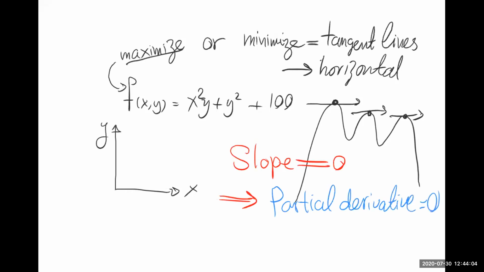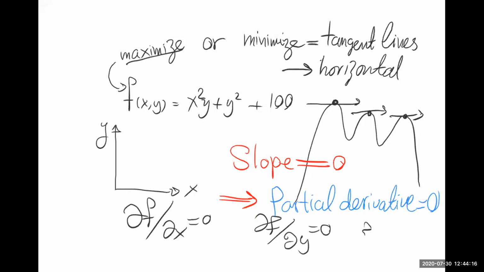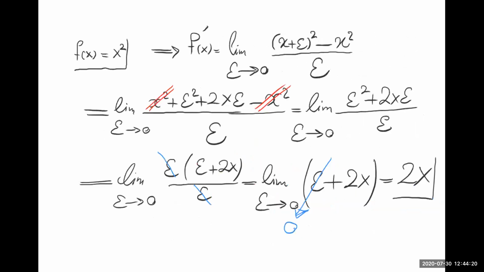So if you have a function f and you want to see if a point is really a max or min or not, you should only see if the partial derivatives are 0 or not. That's the question you should ask yourself. So for example, if your function f of x and y is, say, x squared plus y squared,